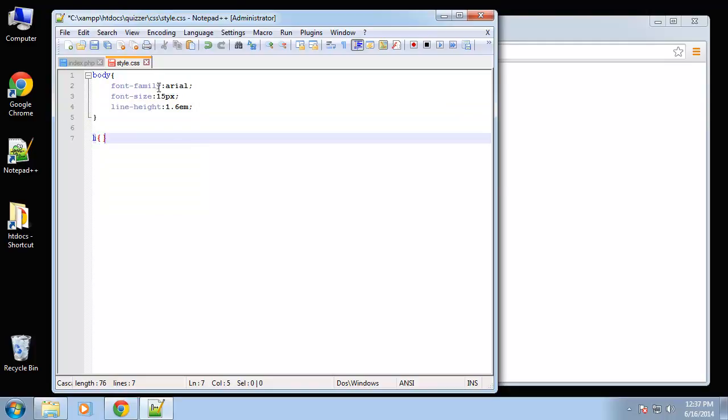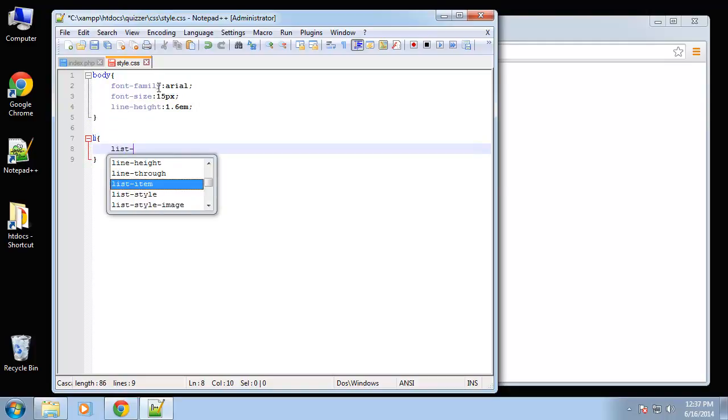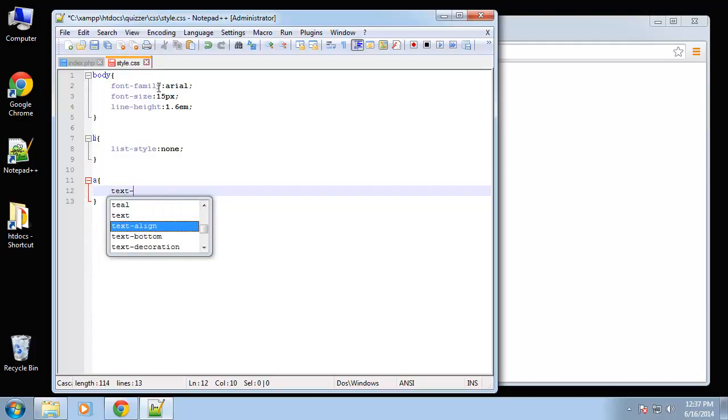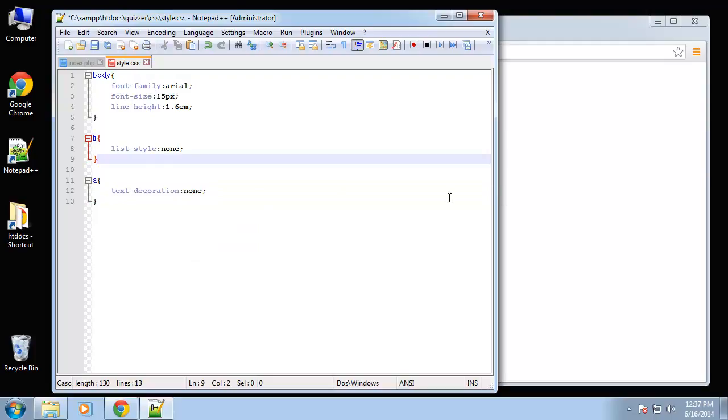Okay, so list items, I always take off the bullet, list style none, and also links, I hate the underline, I always get rid of the underline. So text decoration is going to be none. Alright, let's see what else. The container,